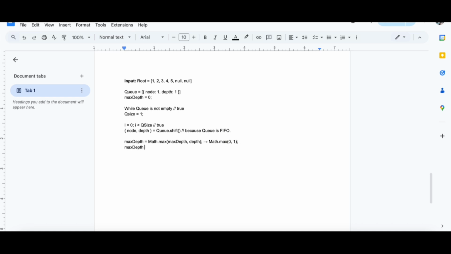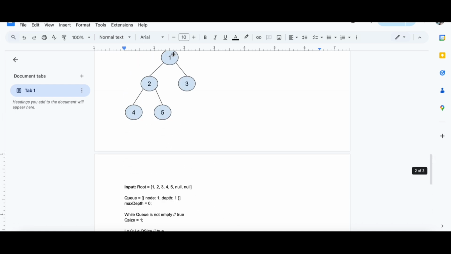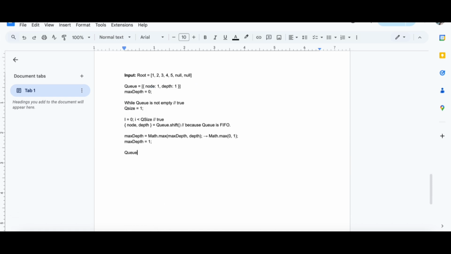So the max depth now is 1. Because the root has left and right children, right? So we're going to push them. Give the push. Now depth is 2. And this one is also the same. Give the push. Now 3. The depth is 2 as well.